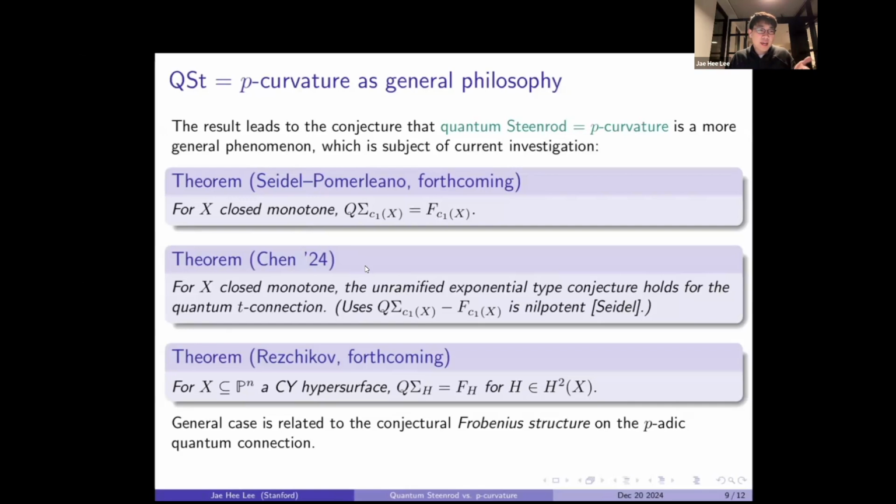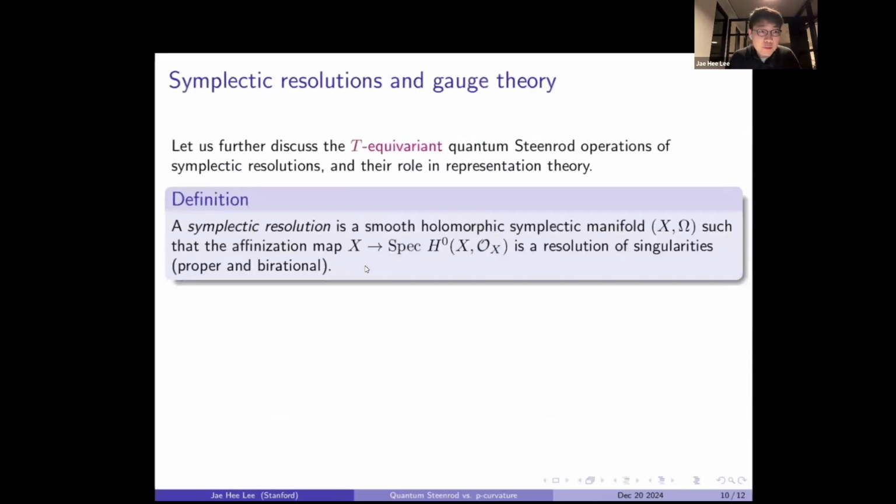So even if you don't care about representation theory at all, I think studying symplectic resolutions is still a useful thing, because the rich structure that they have and the resulting amenability to computations can really be exploited to shed some new light on more general phenomena in symplectic topology, as this example of the quantum Steenrod equals p-curvature relationship really shows. So in the remaining time, I would like to go back to representation theory a little bit and explain